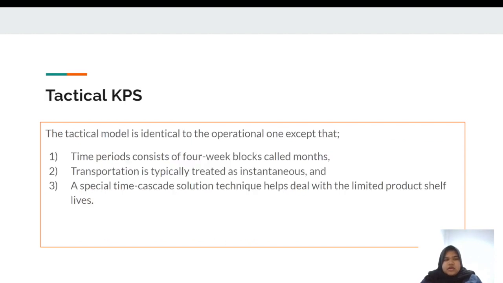So there is also the tactical KPS. The tactical model is identical to the operational one, except the time period consists of four-week blocks called months. So operational is weekly, and tactical is monthly. Transportation is typically treated as instantaneous, and the spatial time cascade solution technique helps deal with the limited product shelf